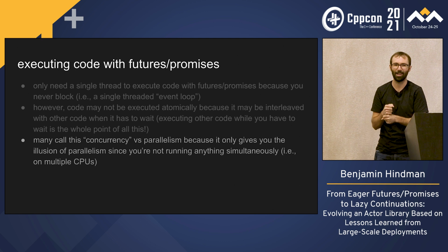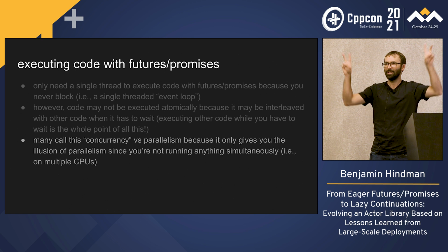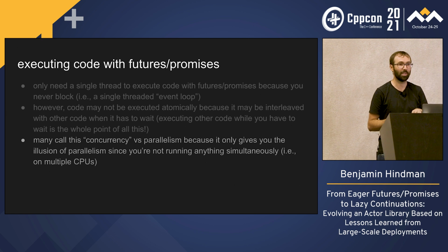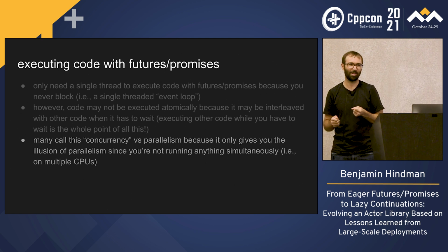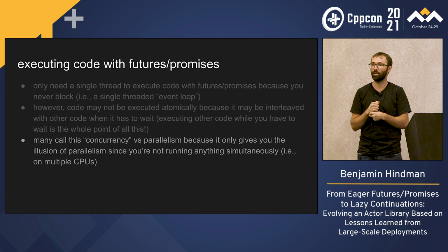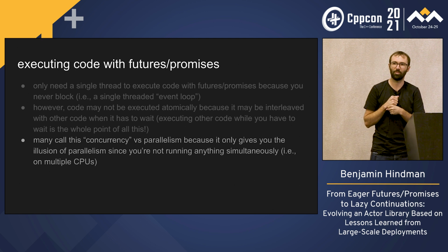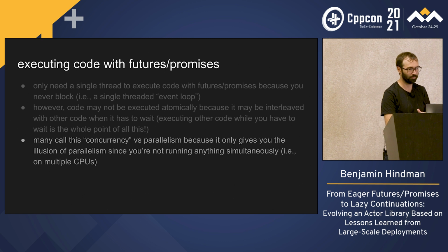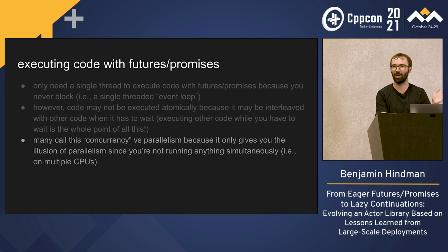I have a single thread, but yet I'm doing a bunch of things simultaneously. I'm doing a bunch of things concurrently, and they differentiate it from parallelism because you're not actually doing anything simultaneously. You only still have a single thread. So if you've heard people differentiate the term concurrency from parallelism, this is often where it comes from. I think it's kind of a big red herring, honestly,